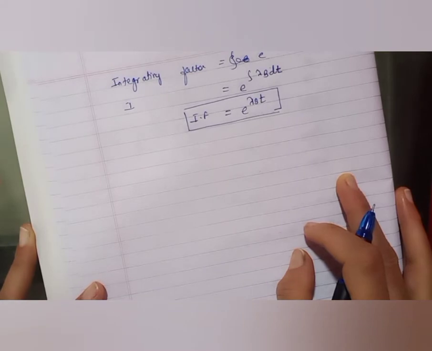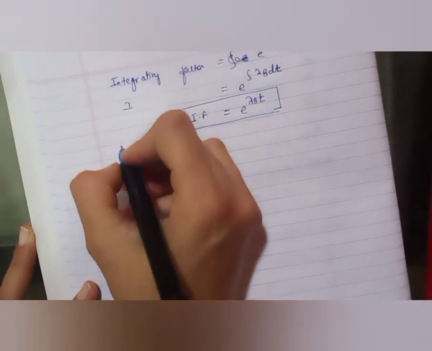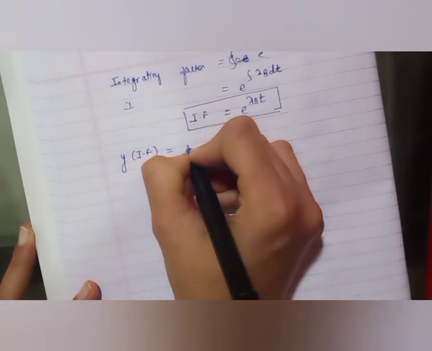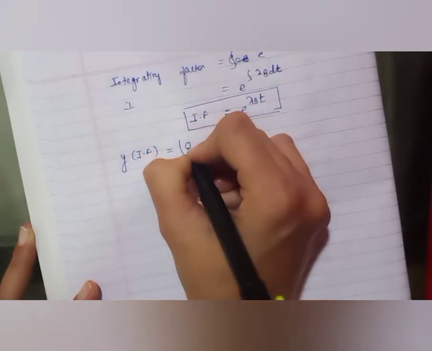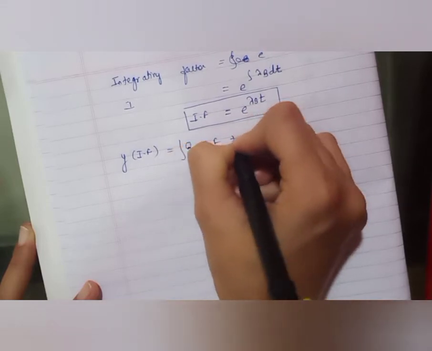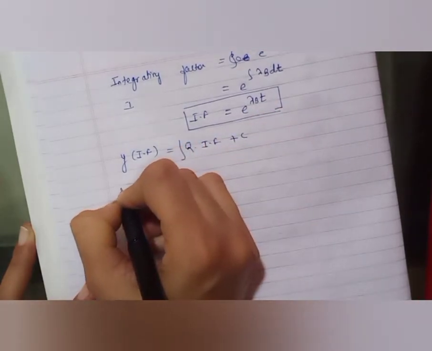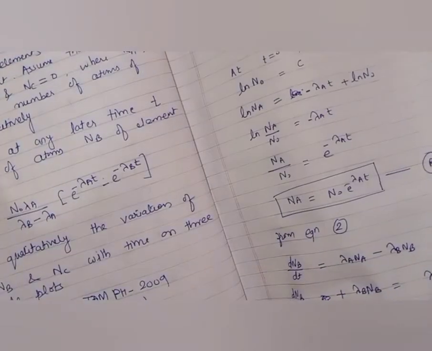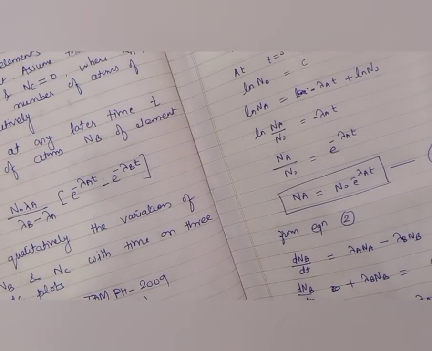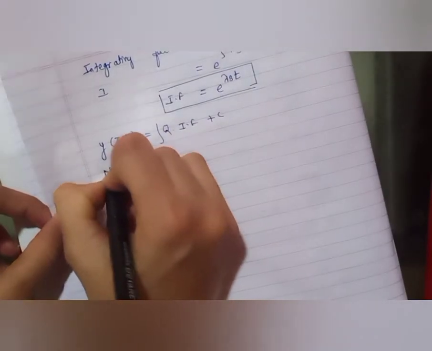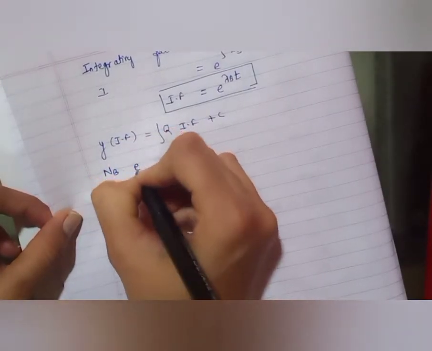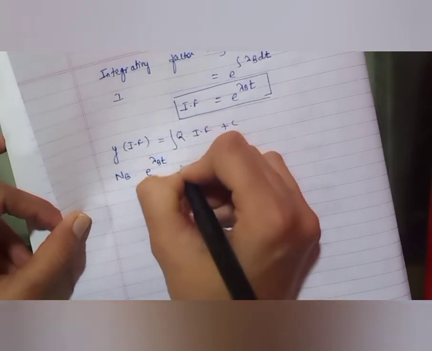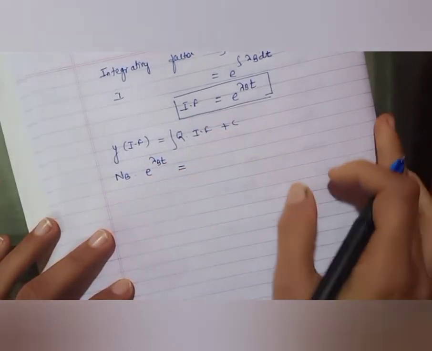Now the solution of such an equation is given by y multiplied by the integrating factor, equals integration of q into the integrating factor plus c. What is y here? y is nothing but nb. So nb multiplied by e raised to lambda bt, the integrating factor, equals